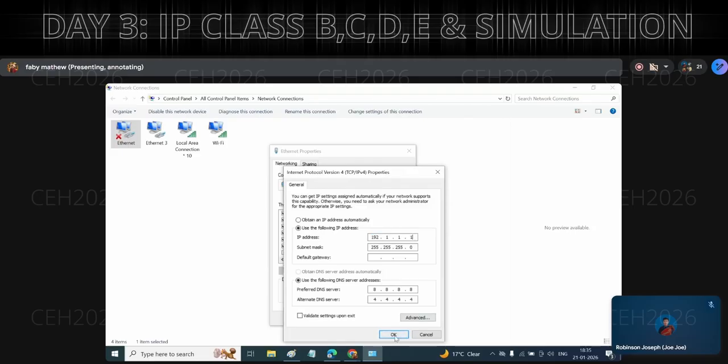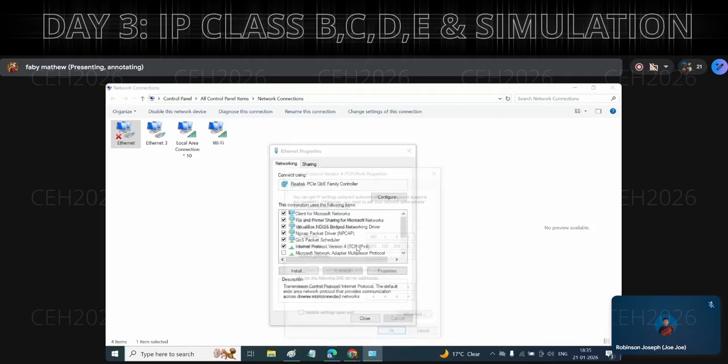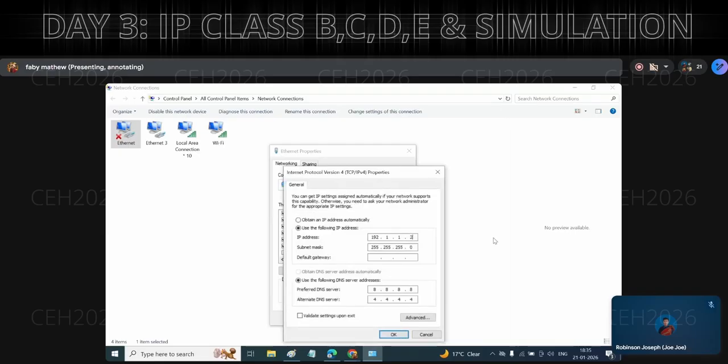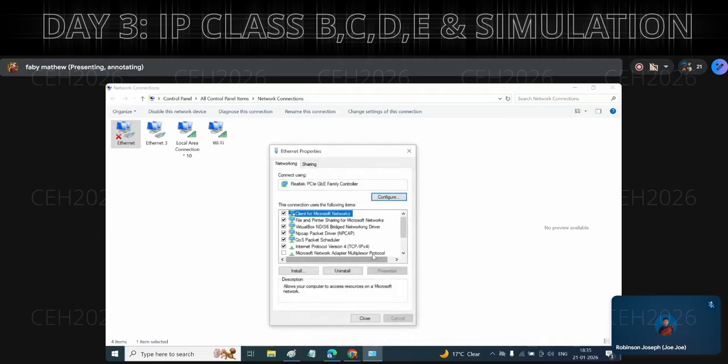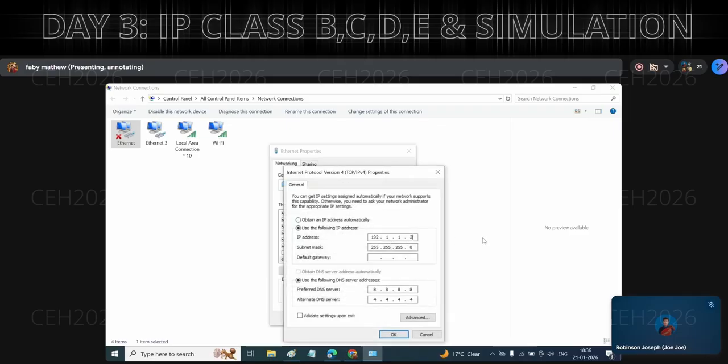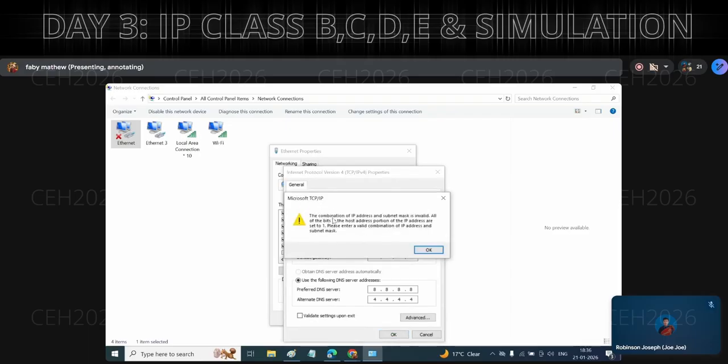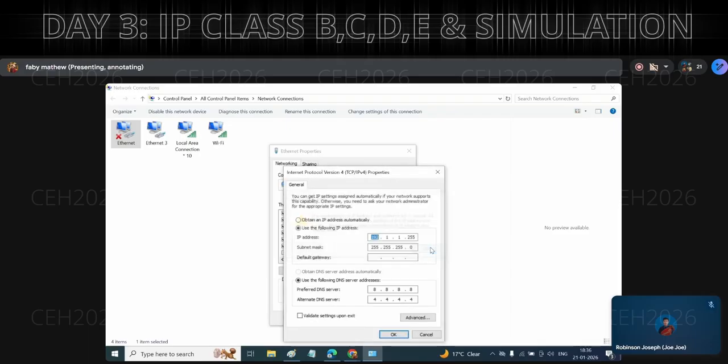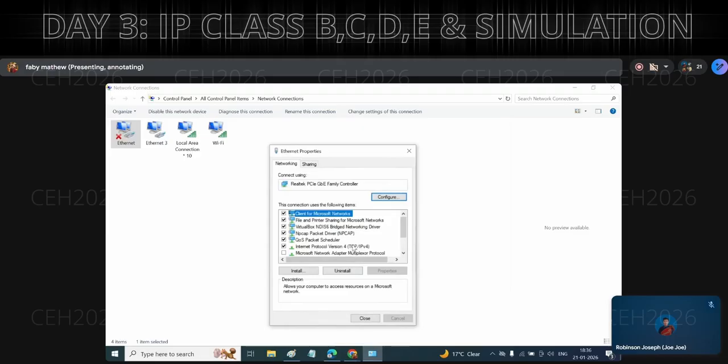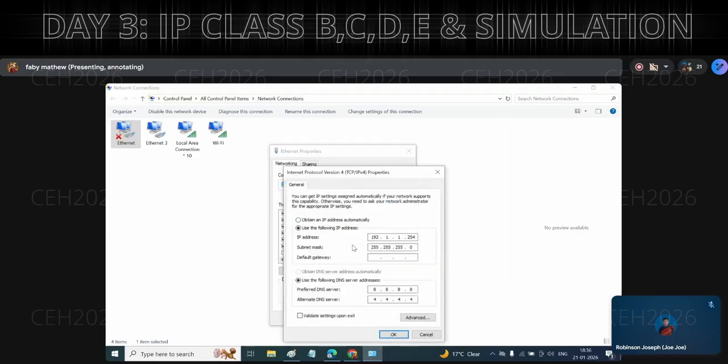If I place the value 1, it configured it. If I place the value 2, it accepts the IP address. Now see, if I place the value 255, it is a broadcast address. The combination of IP address and subnet mask is invalid. Why? Because it is a broadcast address. 254, it is the last IP address. Accepted. Okay. So each and everything is running smoothly. Now, class B,